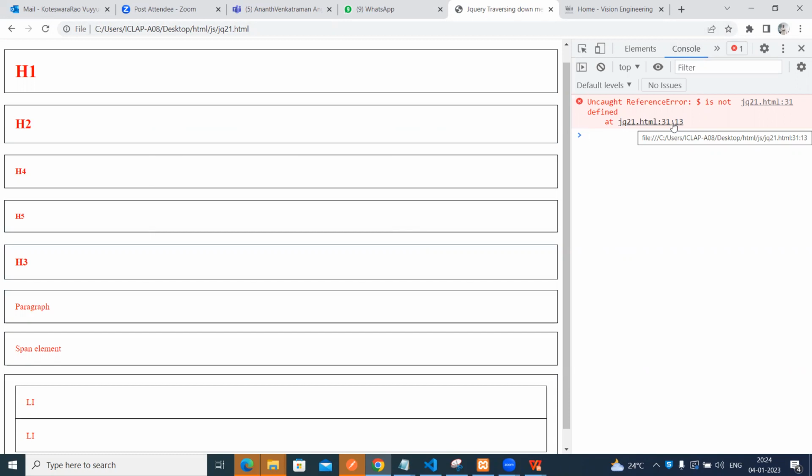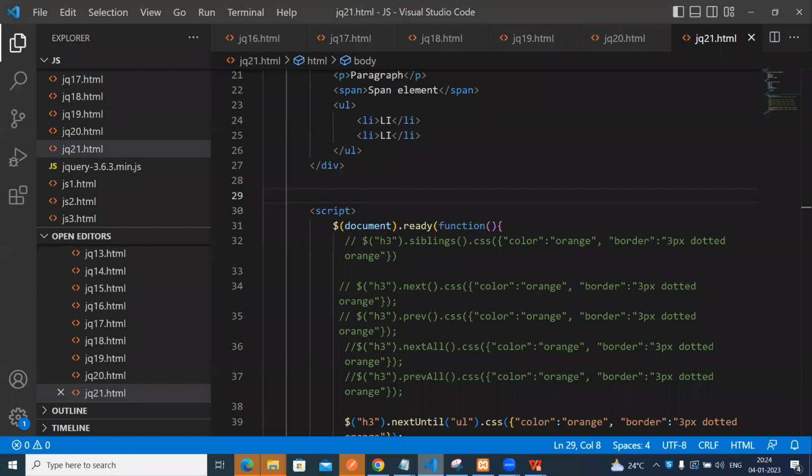The same way, if you include a lot of library files, the application doesn't know which library to use. Some modules have old libraries, some modules have the latest libraries. If you write any custom JavaScript jQuery, the application doesn't know which file, which library, it should take. So at that time, we have to use the